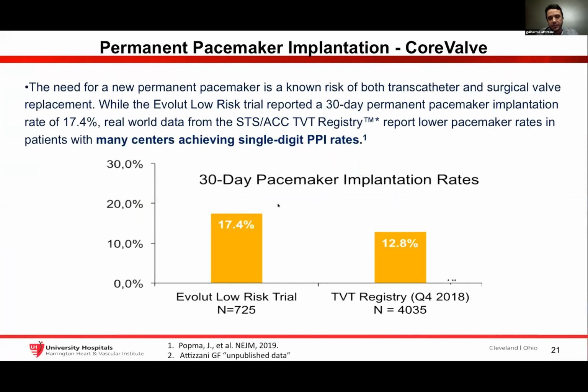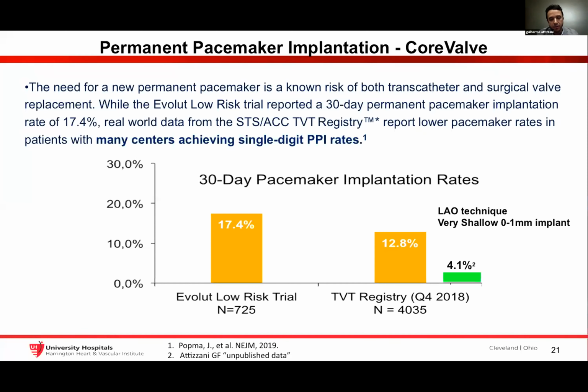This is the number from the Evolut Low Risk trial, which was quite high, 17.4%. This is the TVT registry. This is the data we have here. So we have 4.1% pacemaker rates with Evolut. There are a lot of different discussions in terms of technique, shallow implantation versus cusp overlap. So there are ways of reducing pacemaker rates with Evolut, and then of course there is the data, and Kendra